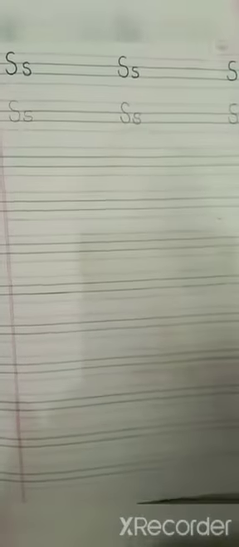Again for capital S, start from the top line. Take a curve down, swing it back. It becomes capital S. And for a small s same you have to do, but you have to do in these 2 lines only. Between these 2 lines you have to write s. So you will write like this. It becomes small s. So kids, this you have to follow till the last line. Okay?